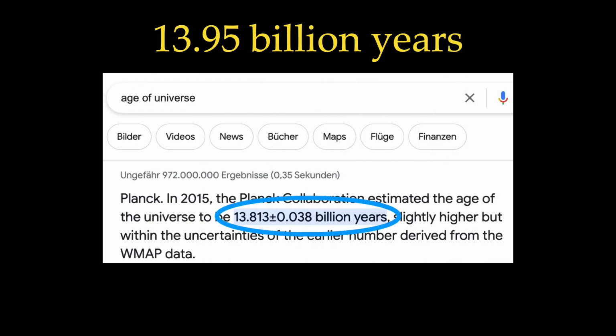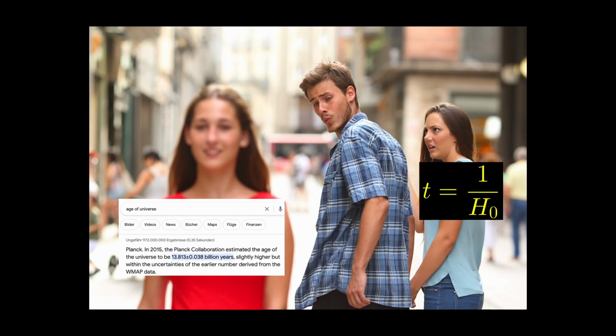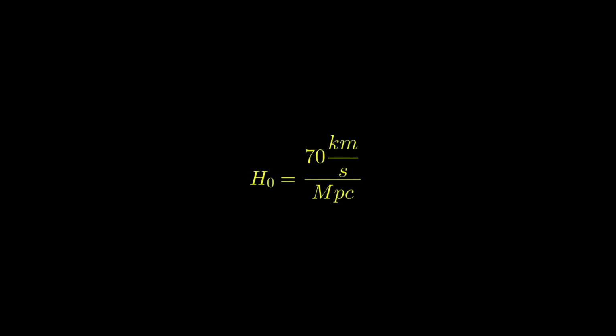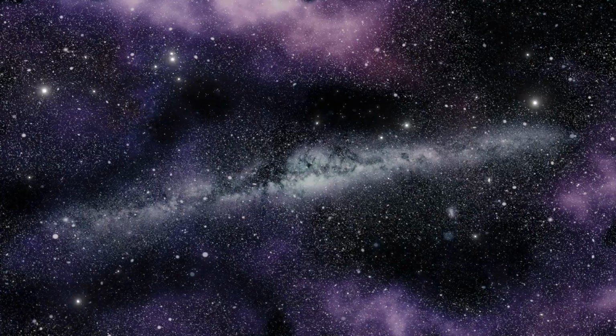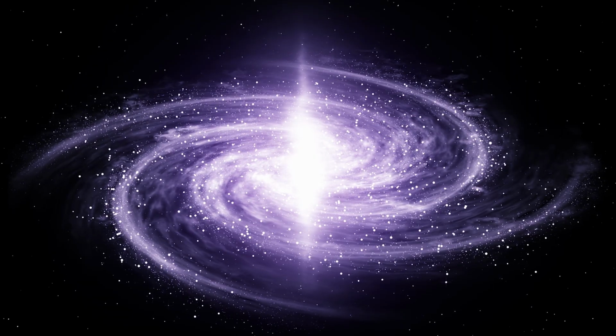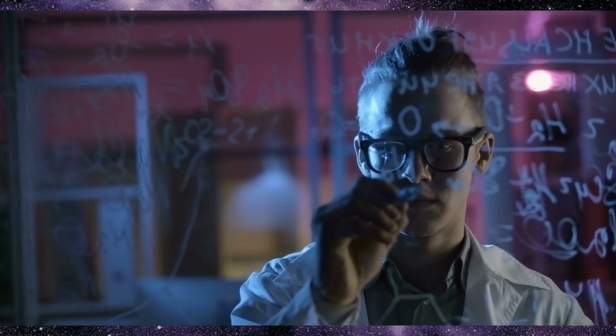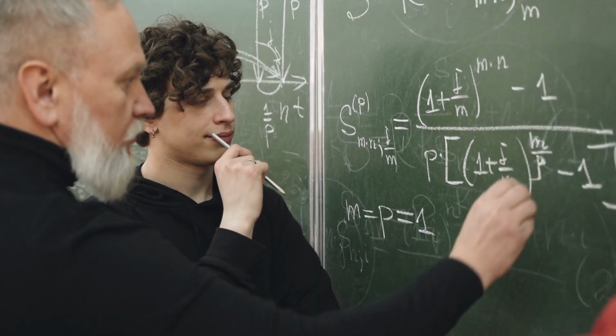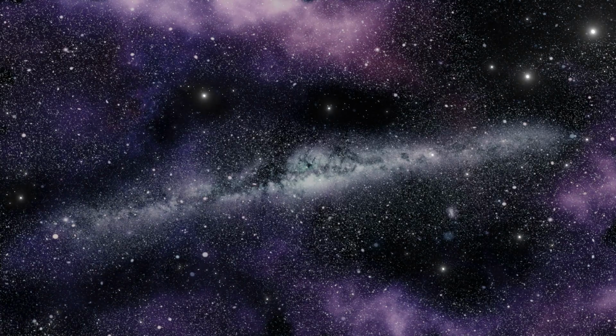What does the official value have that we don't? Well, it takes into account that the Hubble constant was not constant at all times of the universe. It heavily depended on the size of the universe and the amount of dark energy, dark matter, normal matter, and light floating around. Calculating this will require some calculus though. We can do that in another video.